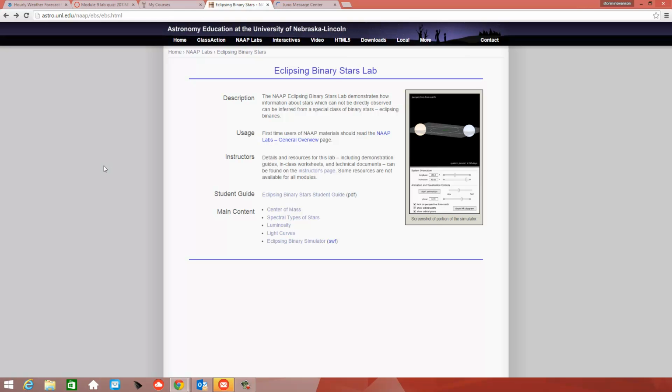So the first question deals with the location of the center of mass of two stars. In your question, you should see a diagram with star A and star B. It gives you the masses of each of the stars, and the question is, where is the center of mass located? So the best way to approach this question is, again, to go into this first background page in the